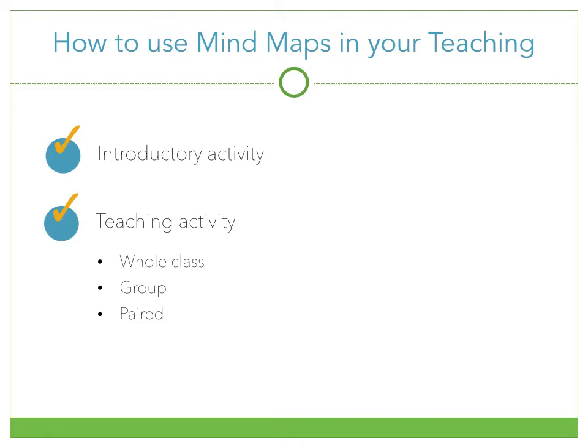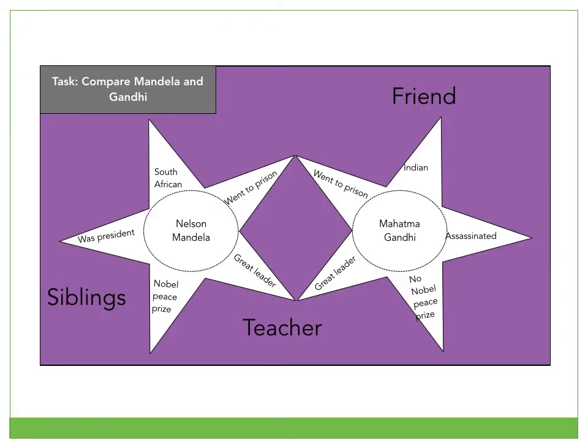And remember, again, this can be done as a whole class activity as well. You can also put learners into groups, or you can pair learners off together. And here, perhaps you've already introduced Nelson Mandela, and the next activity is to compare Nelson Mandela to Mahatma Gandhi. So they're taking information that they already know, and they're now using a skill to work with the content a little bit more and to dive deeper into it, to analyze it